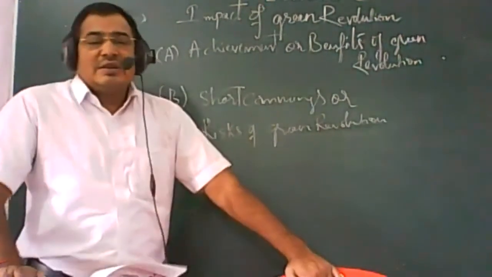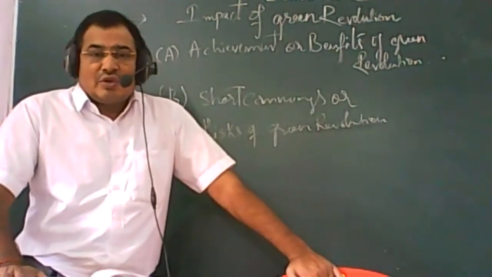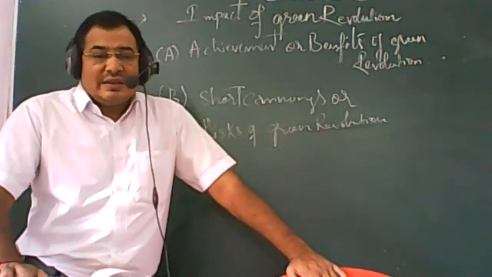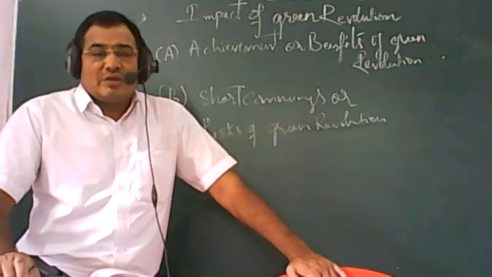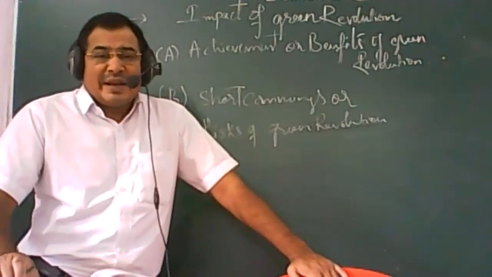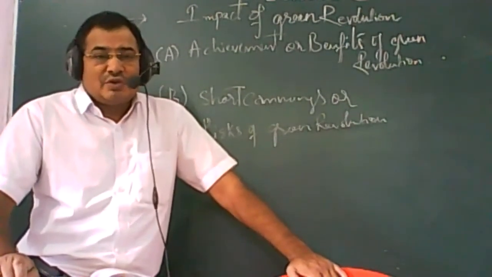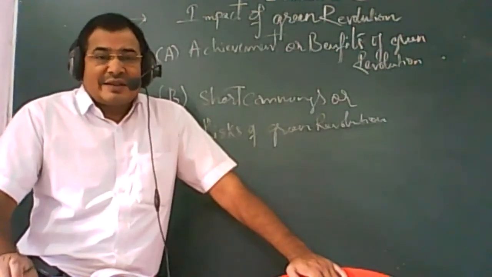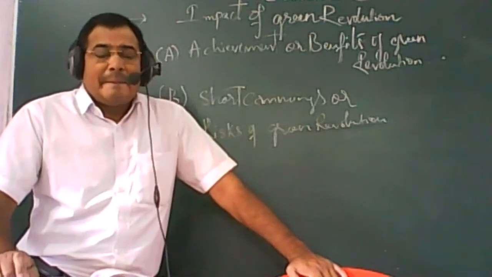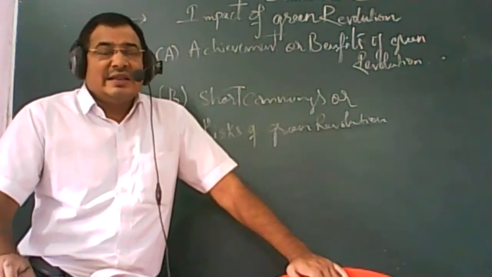Those points have now been discussed. So you are all requested to listen to this point and go through the concept by which you can make your concept clear. So the impact of the Green Revolution means the effect of the Green Revolution, by which you can see how